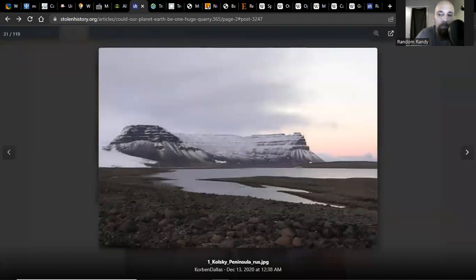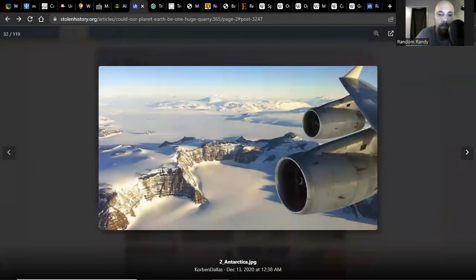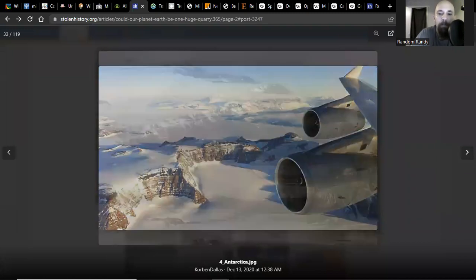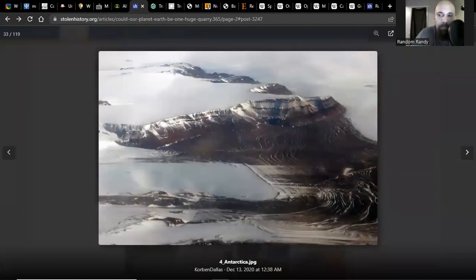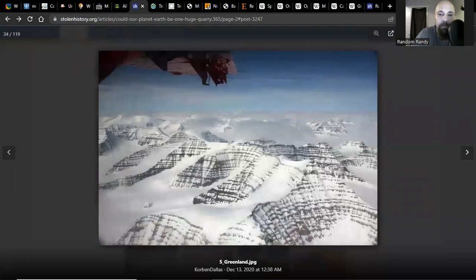So, at what point do you go, okay, maybe there's something to this, right? But it's hard to look at this stuff, and this is in Antarctica here. Incredible, right? I don't know why Antarctica is covered with ice and everything. It's creating pressure necessary to consolidate all of the minerals and wealth in these areas. So there's a good chance that yes, maybe North America was covered in ice and everything. And so you had this process happening over and over again in different areas. And this would explain why